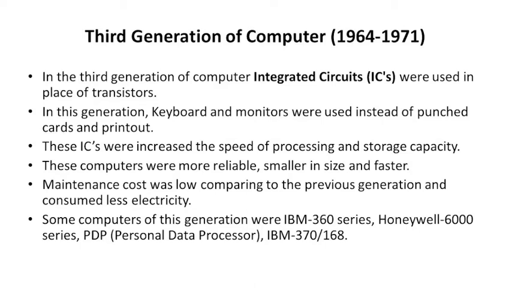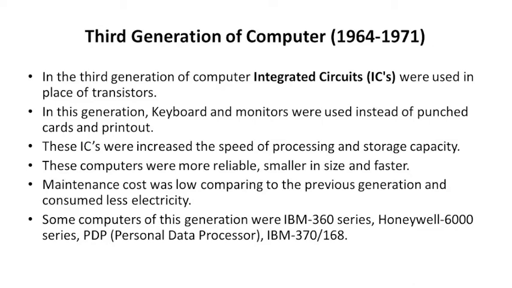These computers were more reliable, smaller in size, and much faster. The maintenance cost of these computers was very low compared to all the previous generations, and they consumed very little electricity. Some computers of this generation were the IBM 360 series, Honeywell 6000 series, PDP, Programmed Data Processor,